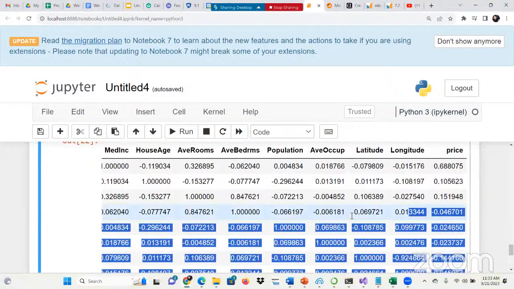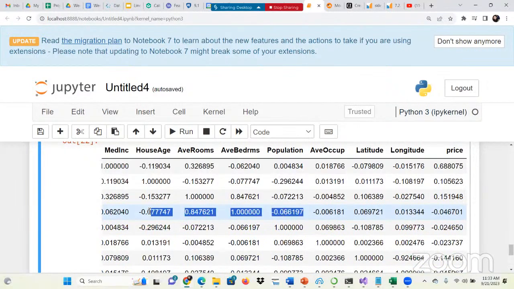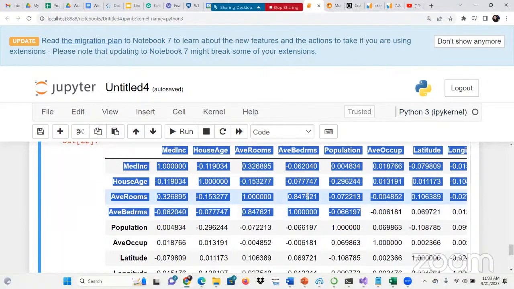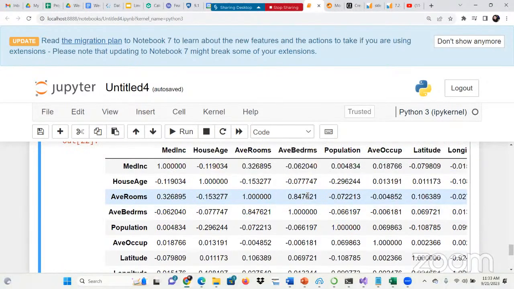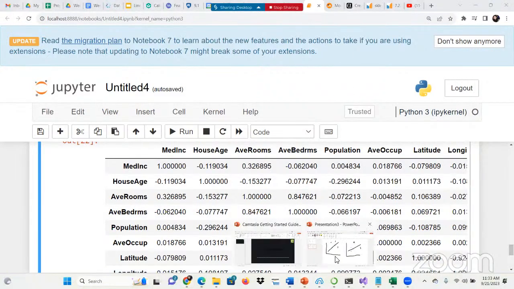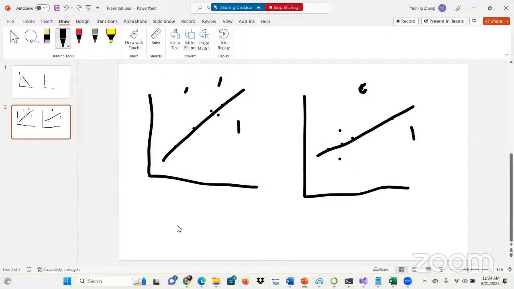However, the next thing you need to check is whether these x variables have a high correlation with each other. If there's any x1 and x2 that have a high correlation with each other, you just pick up one. Pick up one. Why? Because if the x1 and the x2 have a high correlation with each other, okay, then